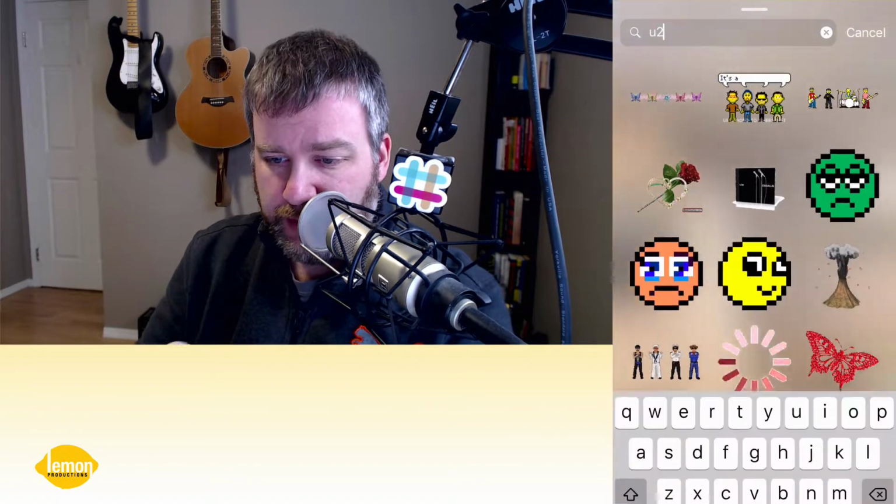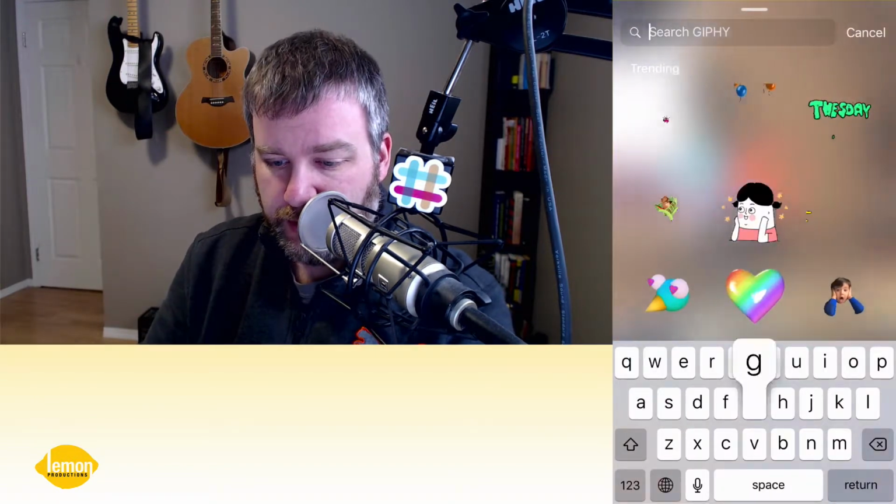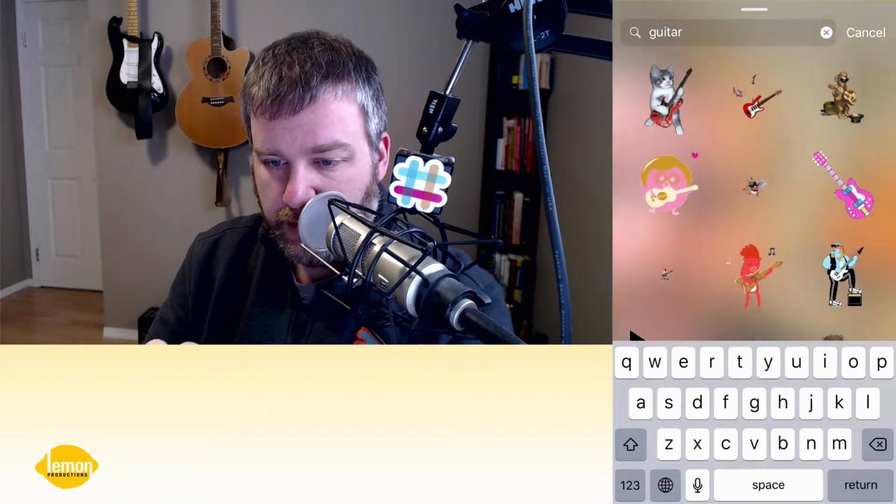It's going to try and lock that sticker to that location, so it'll only appear once you pan over there. Again, this won't necessarily work on all phones. I think it's any of the phones that support augmented reality, but again, I could be wrong. And you can do more than one, so let's just search for a guitar